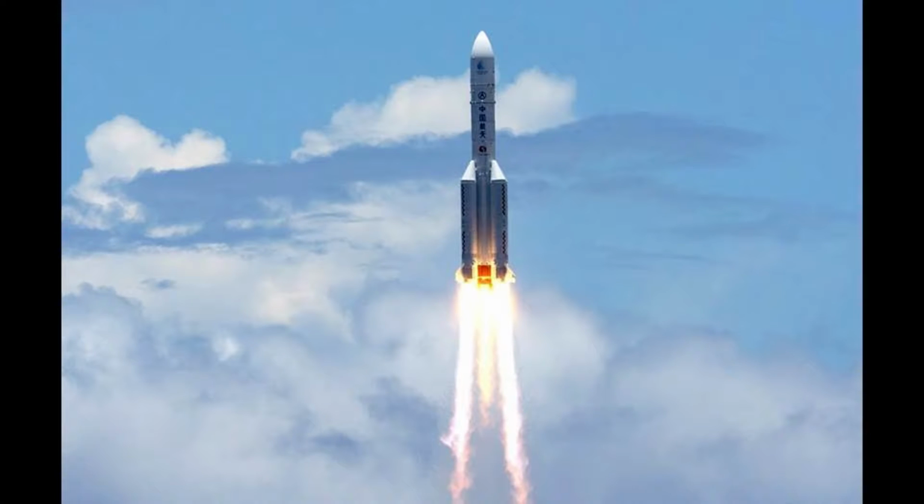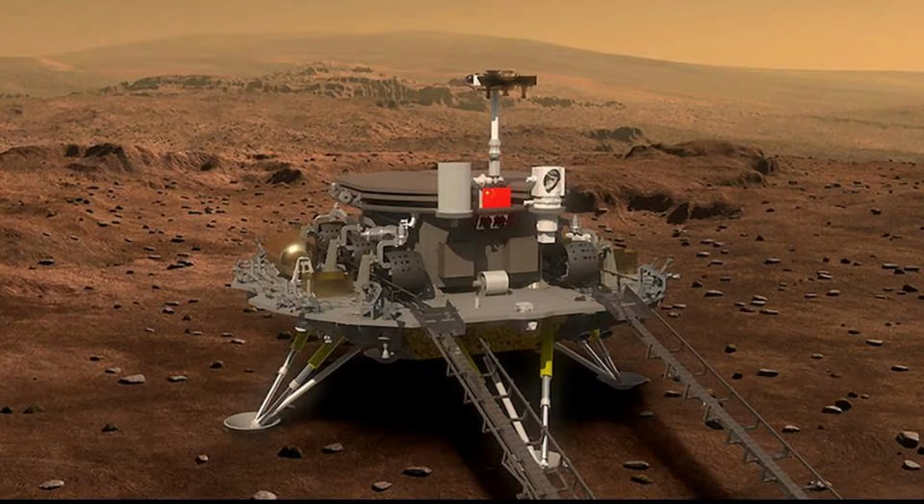Next to arrive was China's Tianwen-1 spacecraft, seen here blasting off from Earth, and which successfully entered Martian orbit on the 10th of February. It will study the planet for several months before dropping a lander that will carry a robot rover to the surface. But the lander won't descend until May. You can see the rover here sitting on top of the lander and the ramps down which the rover will